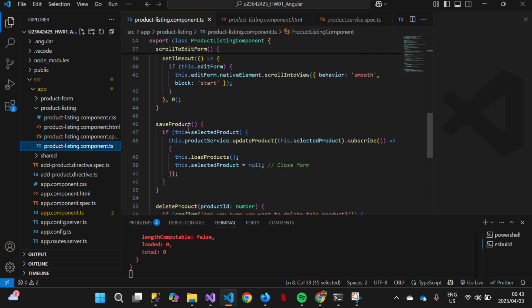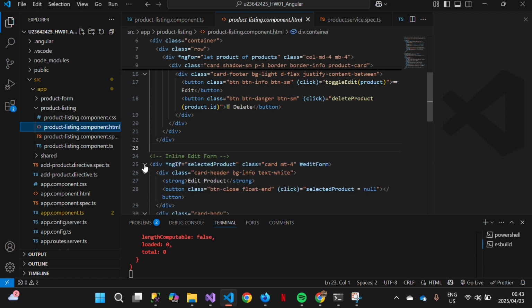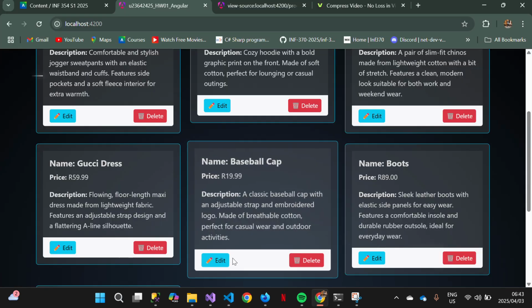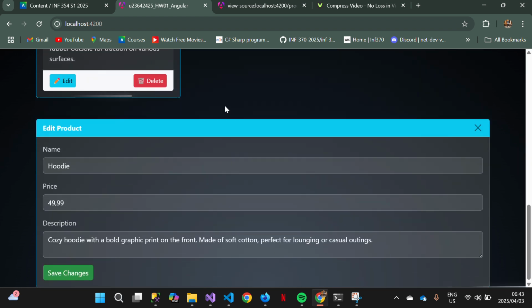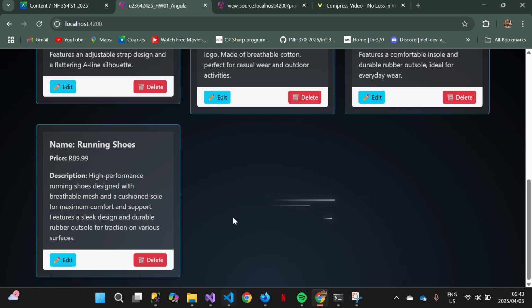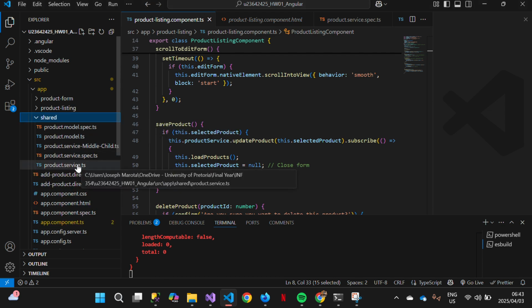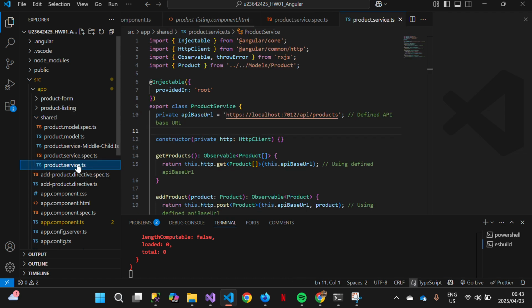The edit, I make use of an inline form, whereby when you press edit, that's when it appears. As you can see, when you press edit, you can scroll down to that edit form, whereby you make your changes. After saving, the form disappears. Additionally, on these 2 pages, we have our product service, which is in the shared folder. Our product service, that's where we make use of the imports whereby we state our